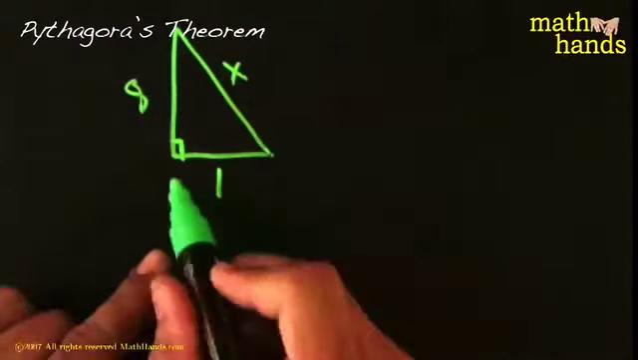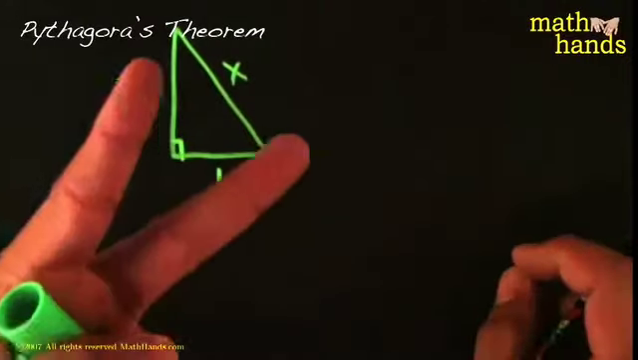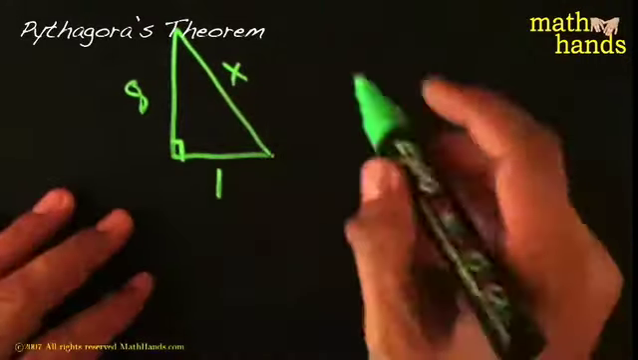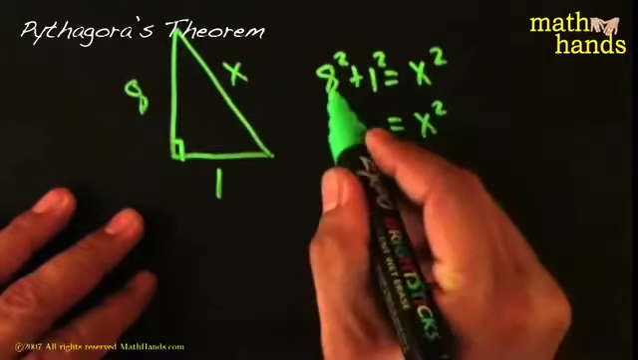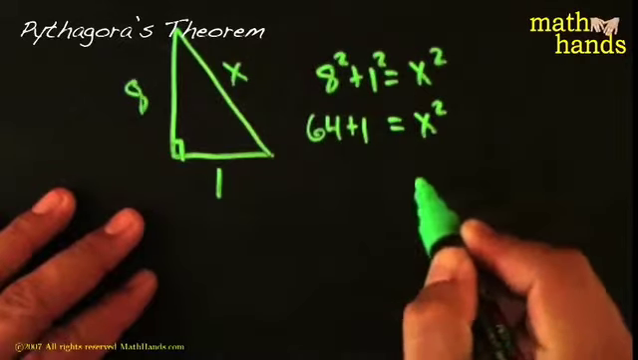Suppose this time you know one of the legs is 1 and the other leg is 8, but you don't know the hypotenuse. No problem. You know two of the sides. You want to know the third one, it's Pythagoras time. So Pythagoras would say 8 squared plus 1 squared is equal to x squared. And that would lead you to the conclusion that 64 plus 1 is equal to x squared,